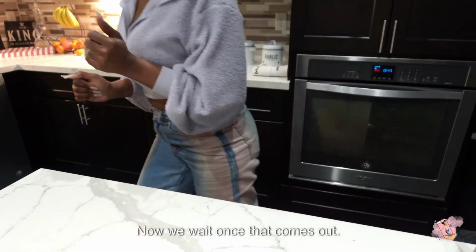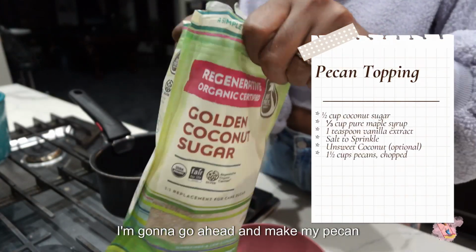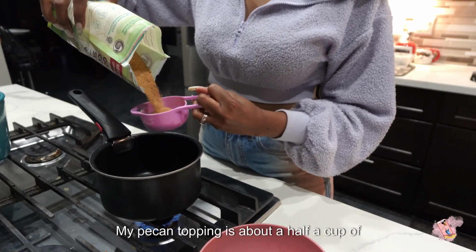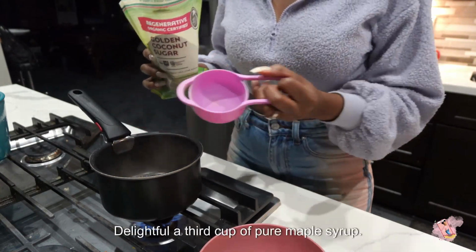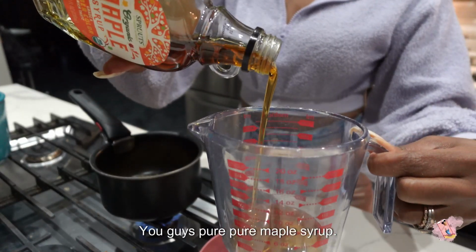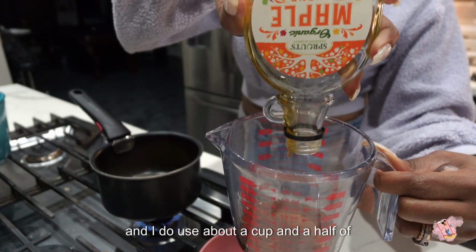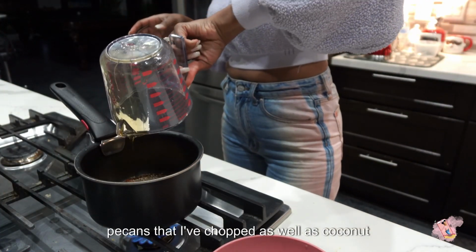Now we wait. Once that comes out, it's gonna cool, and while it's cooling, I'm gonna go ahead and make my pecan topping. All the fabulous ingredients that go into my pecan topping is about 1/2 cup of my coconut sugar, a third cup of pure maple syrup. You guys, pure maple syrup. Do not get your pancake syrup. About 1 teaspoon of vanilla extract, and I do use about 1.5 cups of pecans that I've chopped,